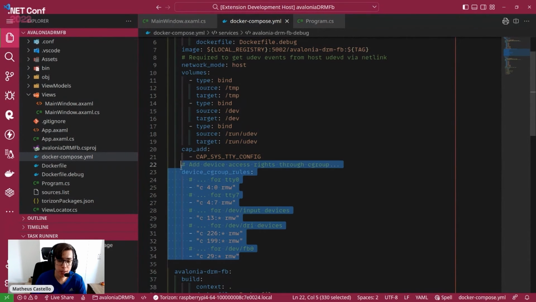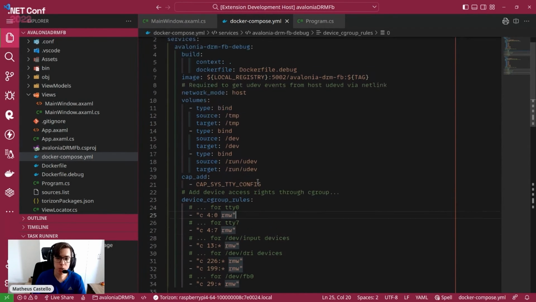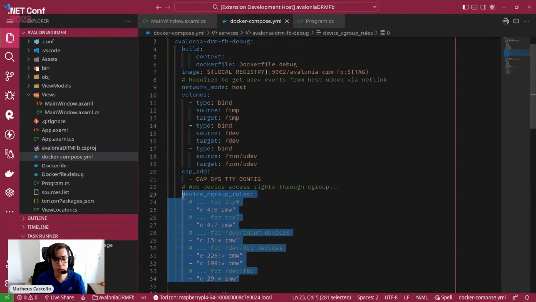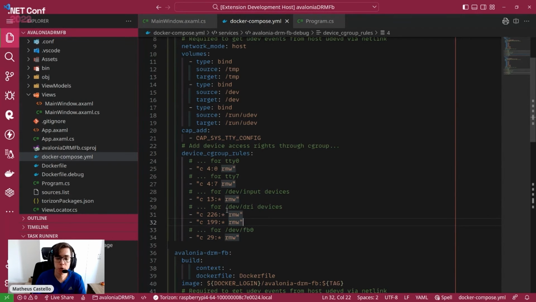Also, the people that were talking about containers before me, they talked about rootless, right? All the containers here run rootless, and instead of running this as privileged, right? I can only list here the devices, the cgroup rules for the devices that I want, right? So you can see here that I'm passing cgroup rules for /dev/dri and for /dev/fb0,